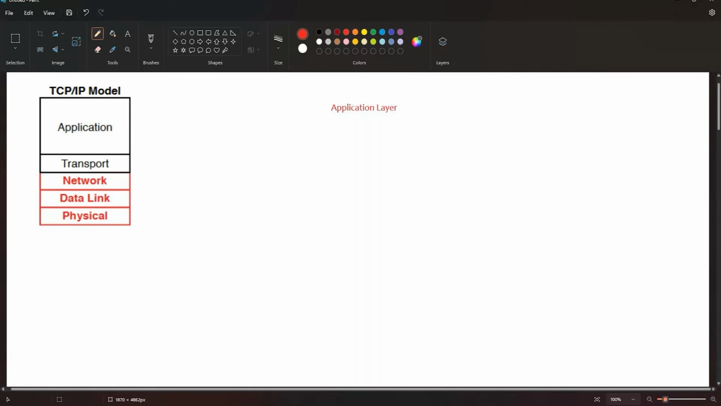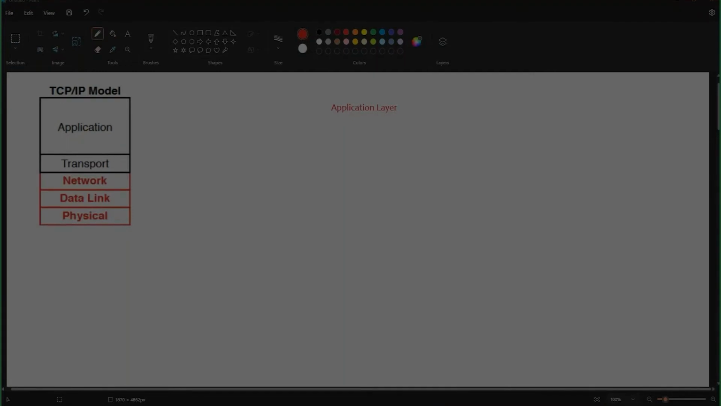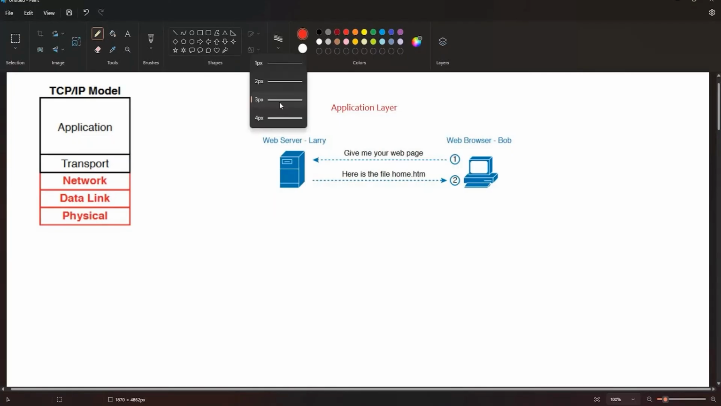So what really happens to allow a web page to appear on your web browser? I'm pasting a picture to help you understand that. Web server Larry and web browser Bob. Imagine that Bob opens his browser and his browser has been configured to automatically ask for web server